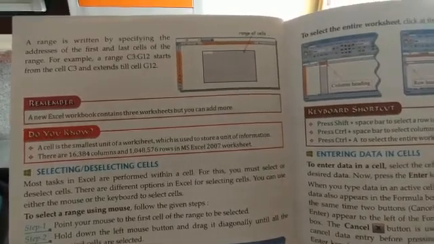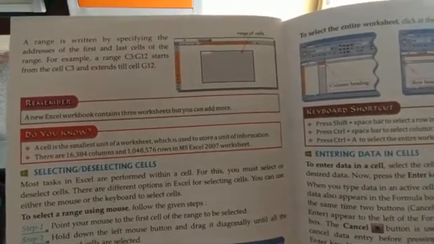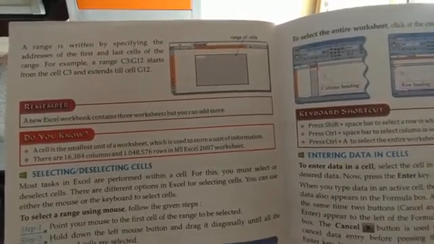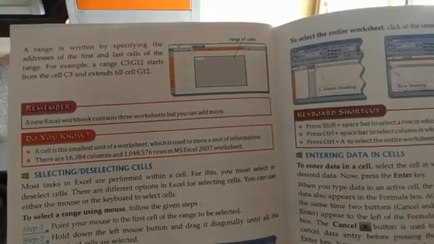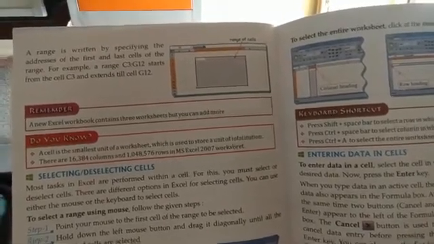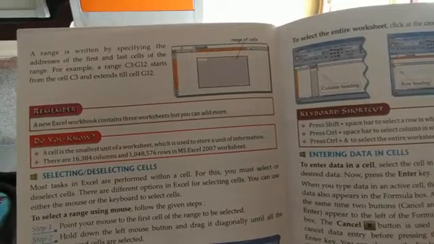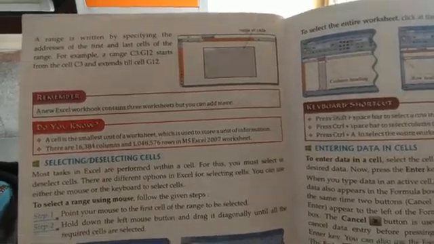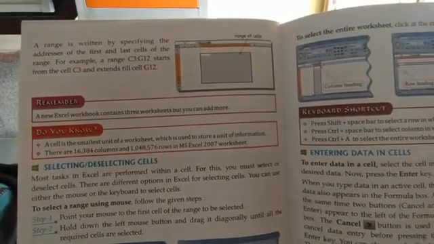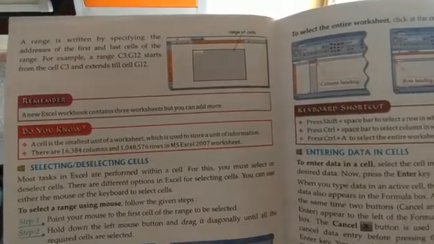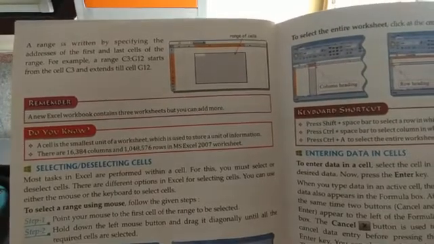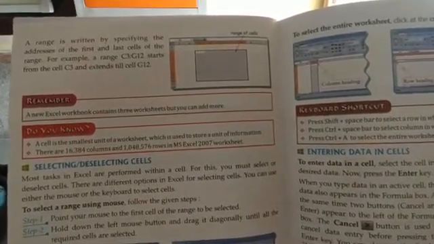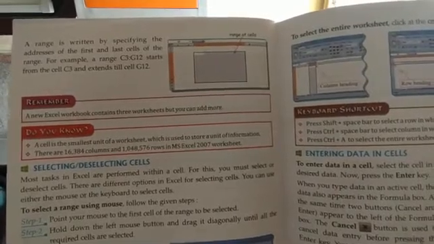Okay students, so the cell range is used when you want to work with all the cells that are connected together. Okay, if you want to define a formula on multiple cells, then you can use the cell range. Okay, a cell range can be anything that you specify according to your requirement, like C3 to G12, A1 to A8. Okay, so this is for today.